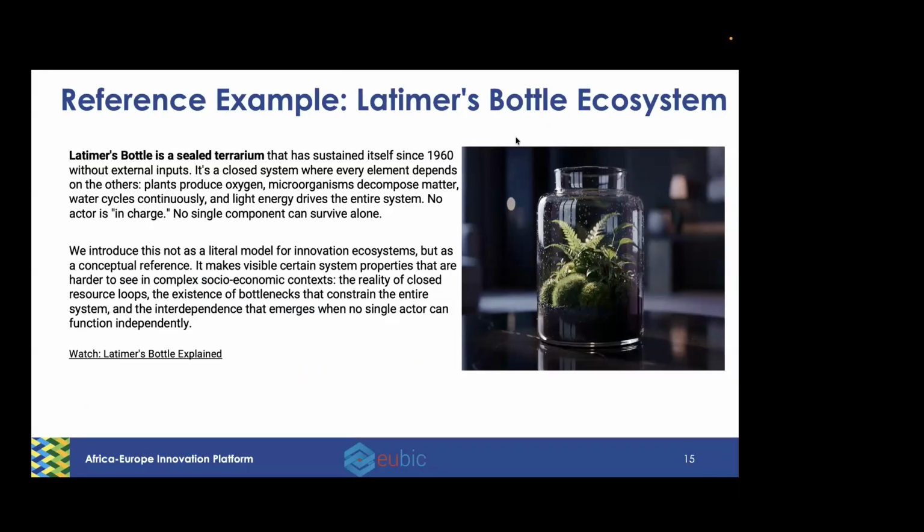Maybe just a question to you guys. You can raise your hand or just go ahead. I put a reference example about the ecosystem, because I told you that the ecosystem is something which, in the case of Latimer's bottle, has already been working for over 60 years, and this is the example I have put here. So is anybody from your side that has already gone through